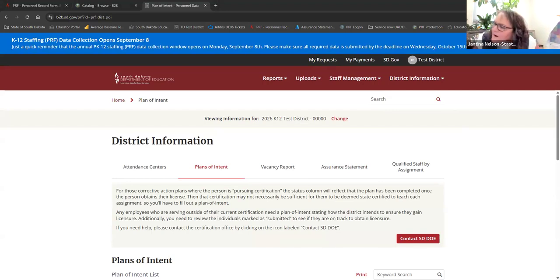As far as the follow-up process, if an educator states they applied for the endorsement over the summer, the principal can verify the status of their application through the appropriate system, which is the certification portal side of this system. Once the endorsement is officially issued, the plan of intent, if it's still marked as required in this system, will automatically be removed. If it was marked as submitted and that endorsement gets added, it will get marked as